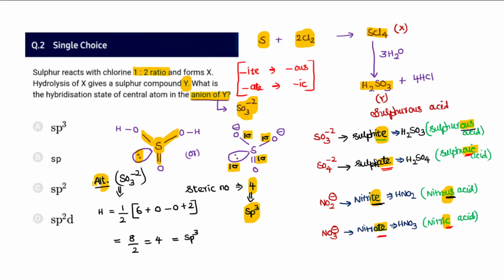We can alternatively identify the hybridization with a simple formula. Hybridization equals 1 by 2 of the valence electrons of the central atom. Sulfur is the central atom. So the central atom valence electrons are 6, and there is no monovalent group, so monovalent group is 0. The charge of the cation is also 0, and for the anionic charge there is a minus 2 here. So that minus 2 is written as plus 2. The anionic charge must be added up. So 6 plus 2 is 8, by 2. So therefore we say 4, again sp3. This is how we arrive at option A as the answer.